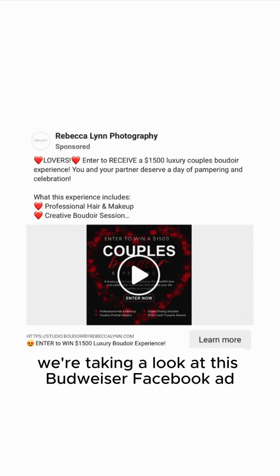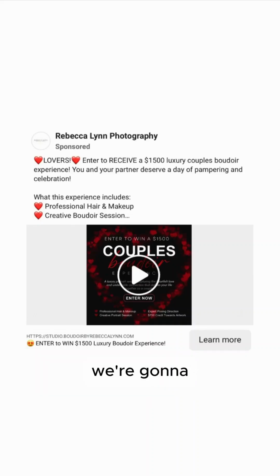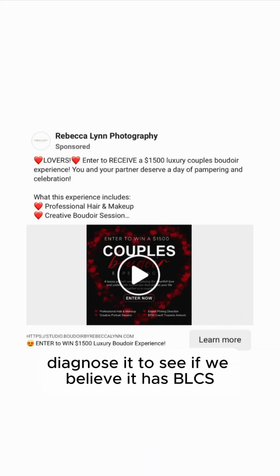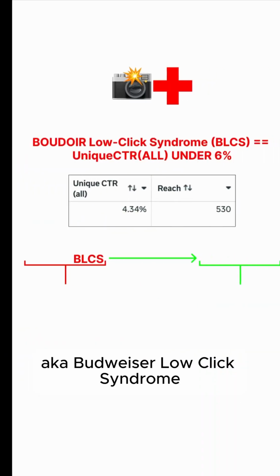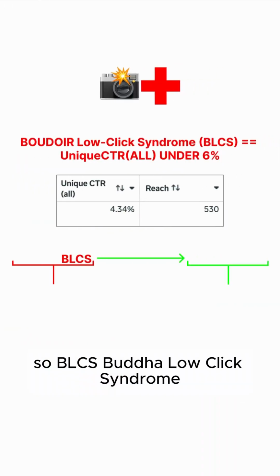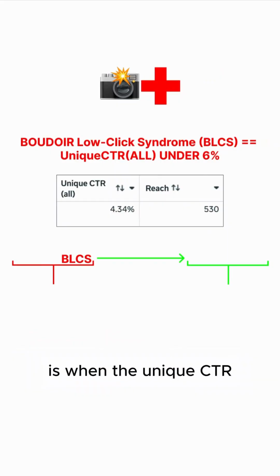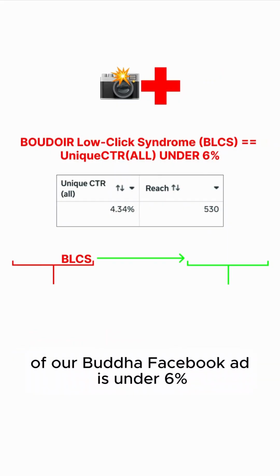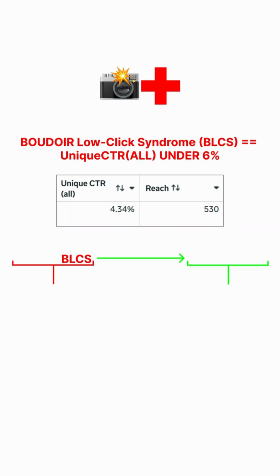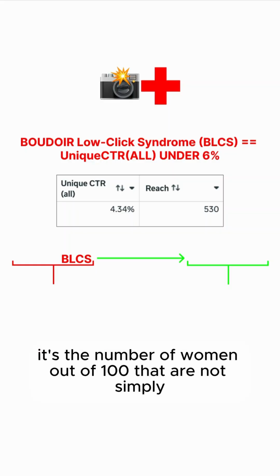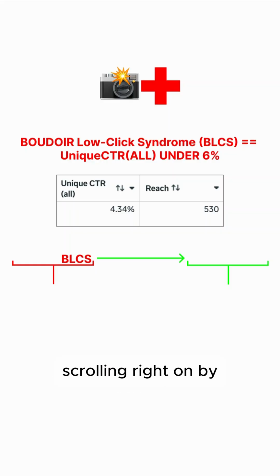All right, y'all, we're taking a look at this Boudoir Facebook ad. We're gonna diagnose it, see if we believe it has BLCS, aka Boudoir low click syndrome. So BLCS is when the unique CTR on our Boudoir Facebook ad is under 6%. This means fewer than 6 out of 100 women are clicking somewhere on our ad, aka it's the number of women out of 100 that are not simply scrolling right on by,